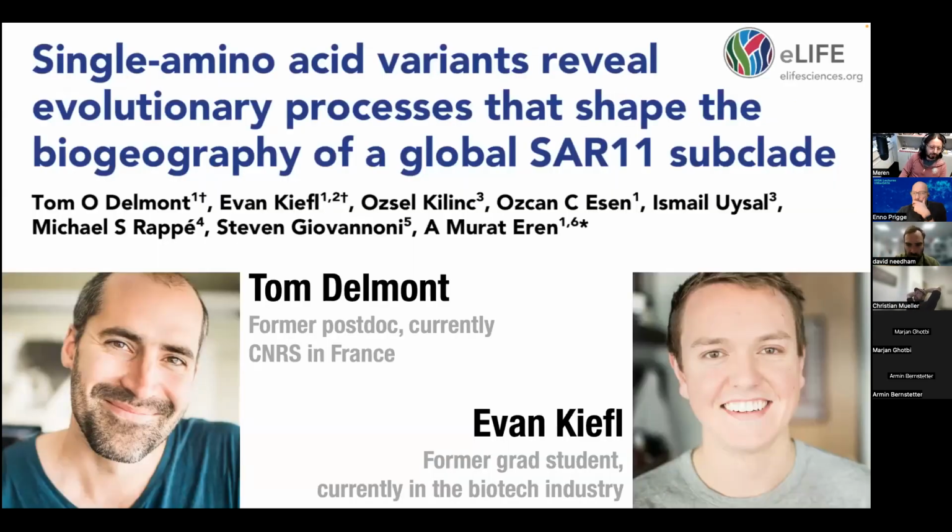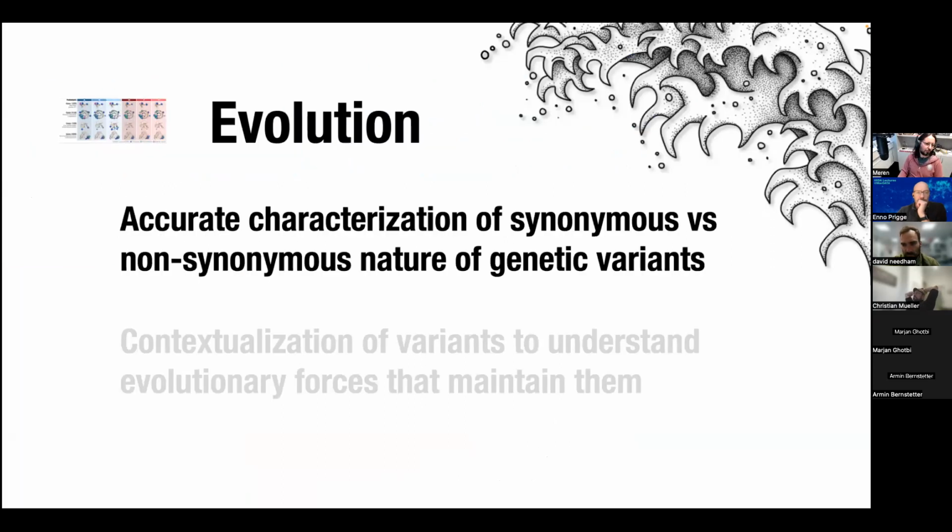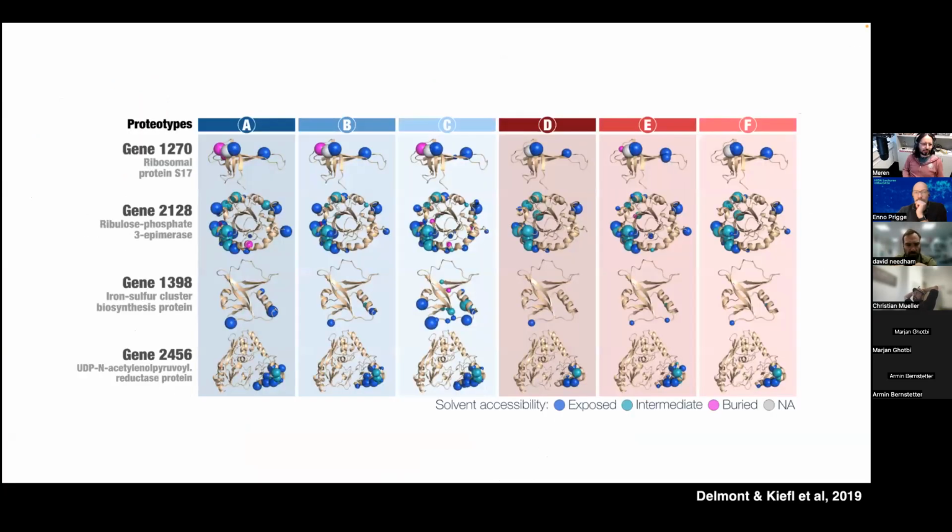And we published that paper with Tom Delmont, who was a postdoc in my group at the time, and Evan Kiefl, who was a grad student at the time. And so with that, we now had a way to characterize synonymous and non-synonymous nature of genetic variants. But then we also realized something along the way. We realized that single amino acid variants, when you look at those different prototypes that I showed in the previous figure,